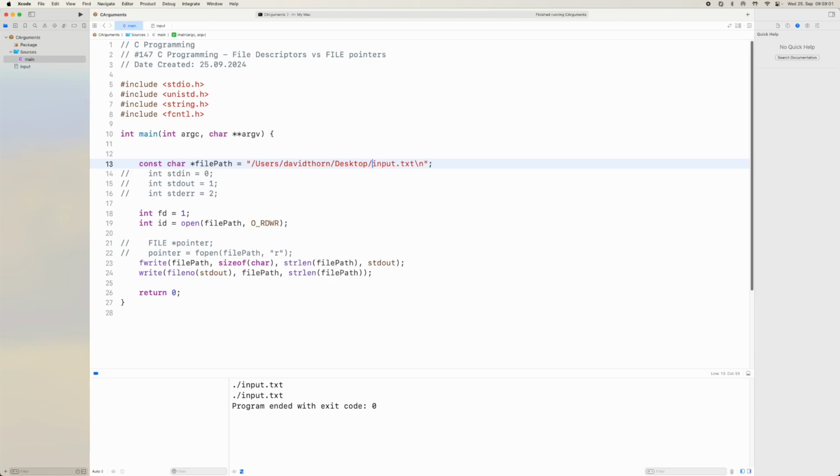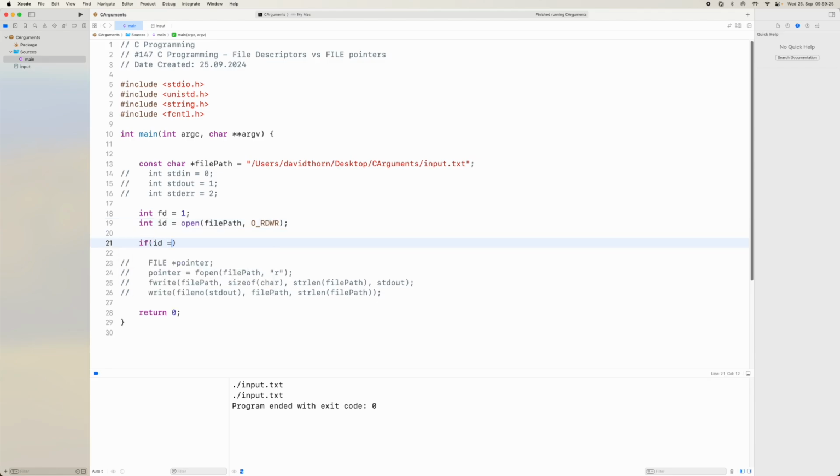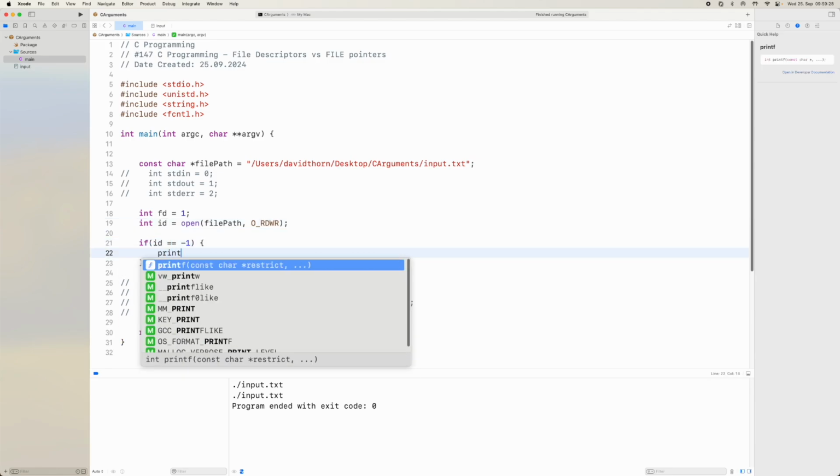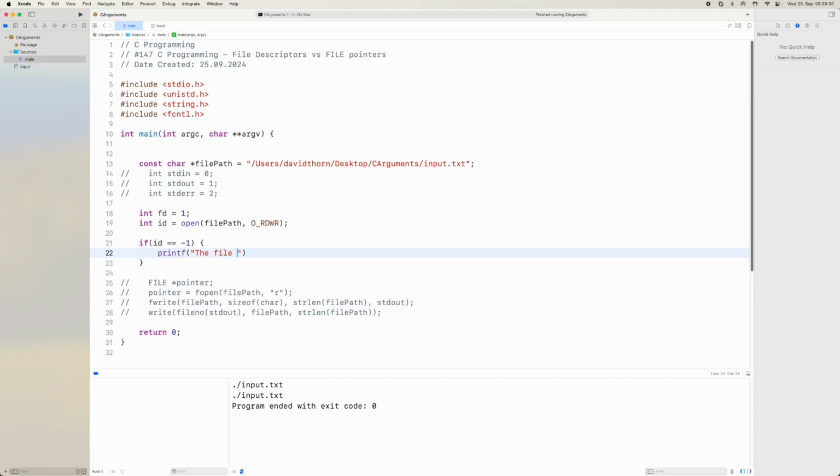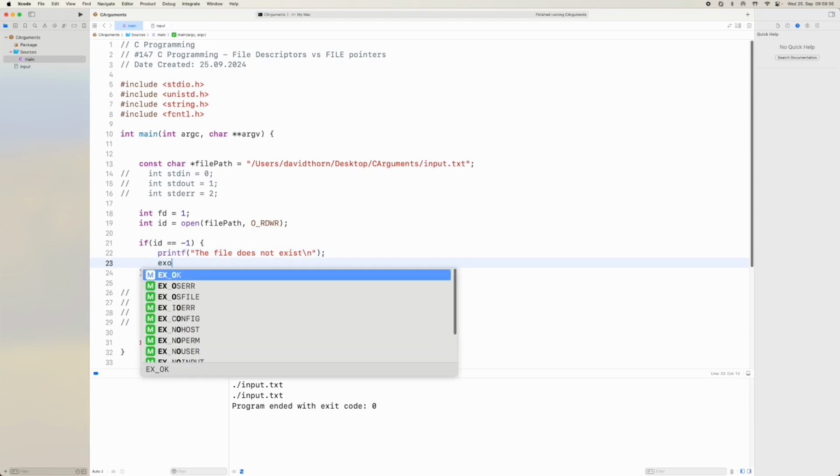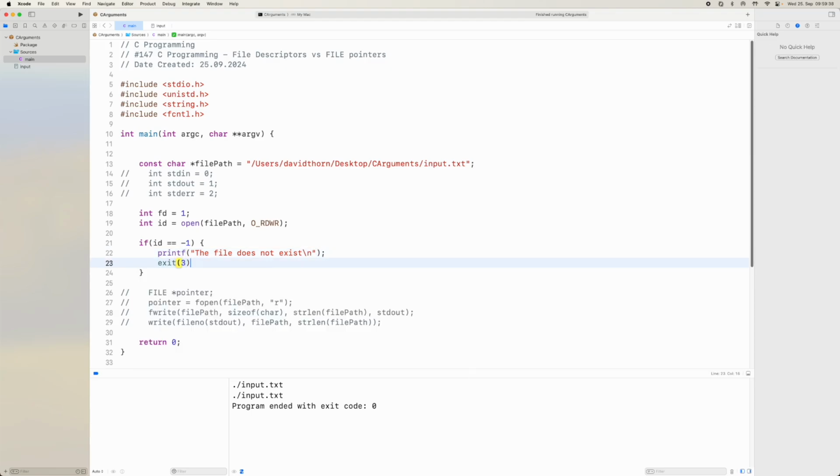And we're just going to take here and say C arguments and take away the \n, and we'll just comment this out for the time being. All right, so now we have the absolute path to this one file instead. So we can open this one file up. We know it exists, so we're not going to check. Well, let's just check first of all. If ID is equal to -1, then printf the file does not exist. Yes, we could use p error here, but we're not going to, and we'll just say exit 3, for example,